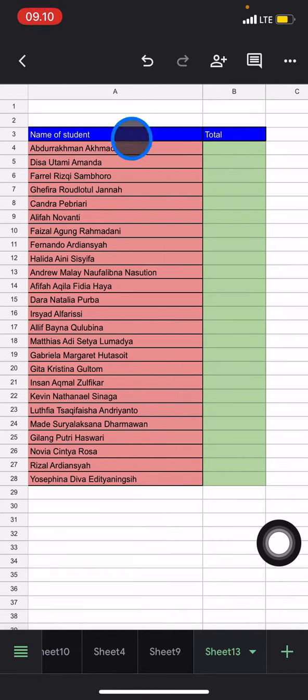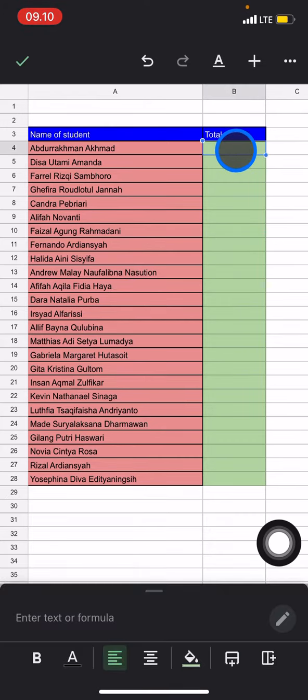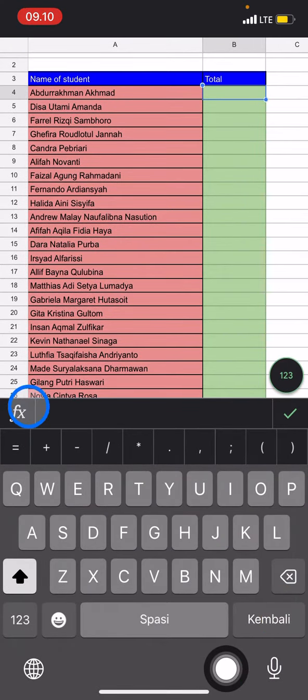Here I already prepared the names of the students as an example, and I would like to count how many letters they use in their names. The way to do it is to click the cell where you want the result to appear, and after that click the pencil button. In this part, type equals and start typing LEN,